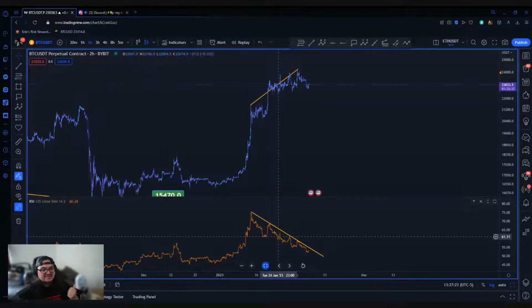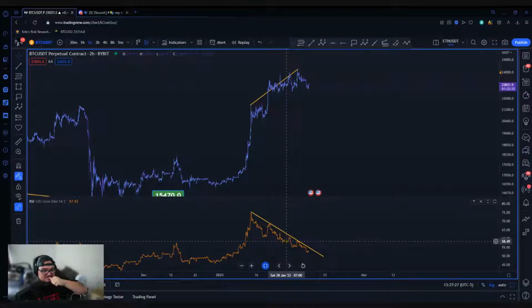In reverse. Exactly. Like waiting to touch that 50 line or something and then come back up. Exactly. So basically what could happen is, if that window doesn't break and the price doesn't respect that RSI or that bearish divergence, at some point you're throwing this ball like a professional baseball pitcher. You're throwing this thing 70, 80 miles an hour, and that ball is bouncing off the window and coming back at you with just as much speed.